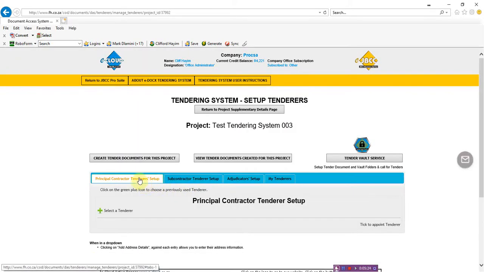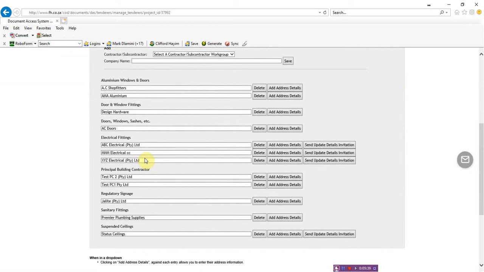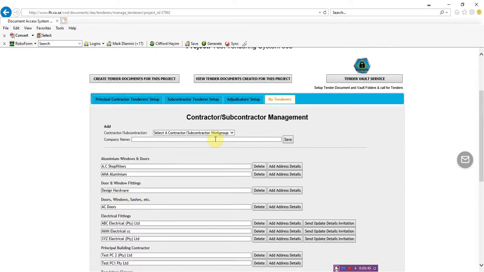So we've added these two tenderers as principal contractors. We haven't told the system that they're tendering on this project yet, this project being Test Tendering System 003, but we're just setting it up so that we have, for this project and for all future projects, we are defining who our tenderers are. So if we wanted to define, let's just say some tenderers, subcontractors, selected or nominated subcontractors for aluminium works, we would select